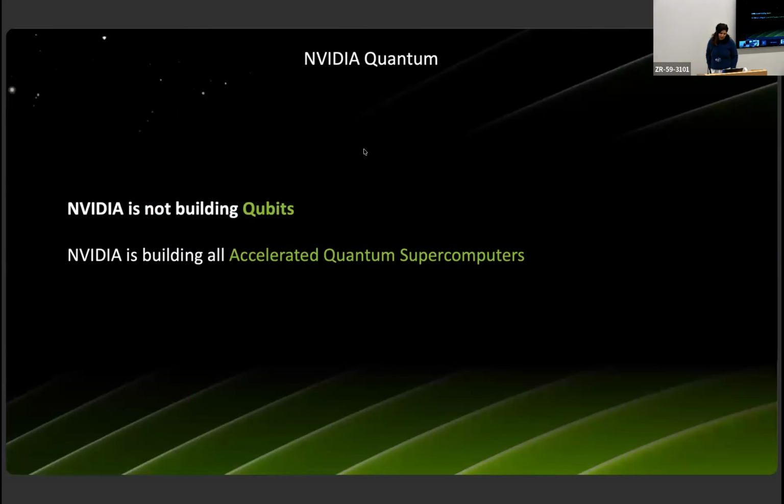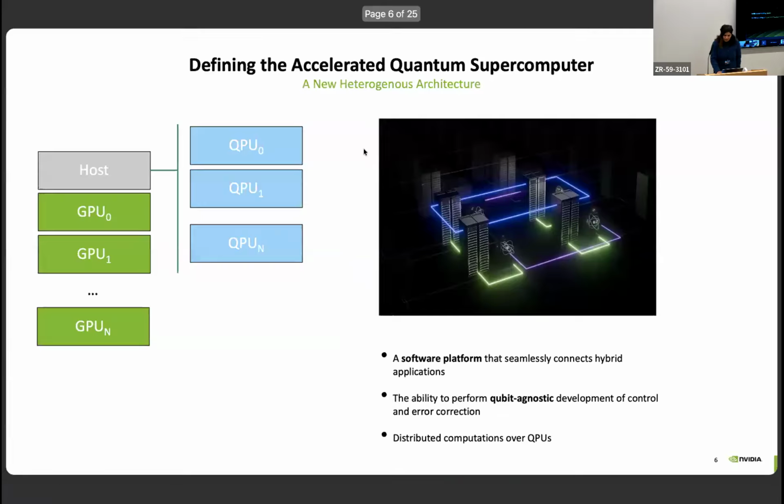But how is NVIDIA enabling the quantum system if we are not building any qubits? We are building the accelerated quantum supercomputers. Now, what are those accelerated quantum supercomputers? At a high level, it could look something like this. So you can view that